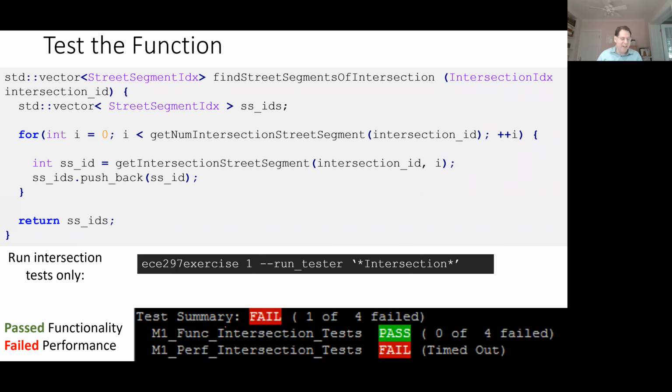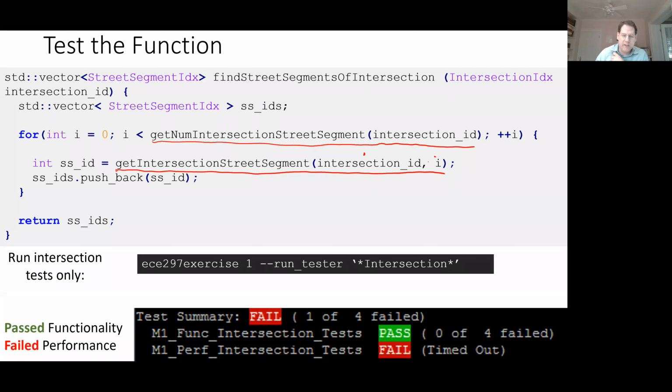Or certainly has the right idea. It may not be perfectly syntactically correct without a compiler, but that looks right. So this is the function that we wrote, and it follows exactly what several people just said. Get the number of street segments that connect to this intersection, and we're going to iterate through them. So we can iterate through them asking, okay, for the 0th one at this intersection, for the 0th street segment,